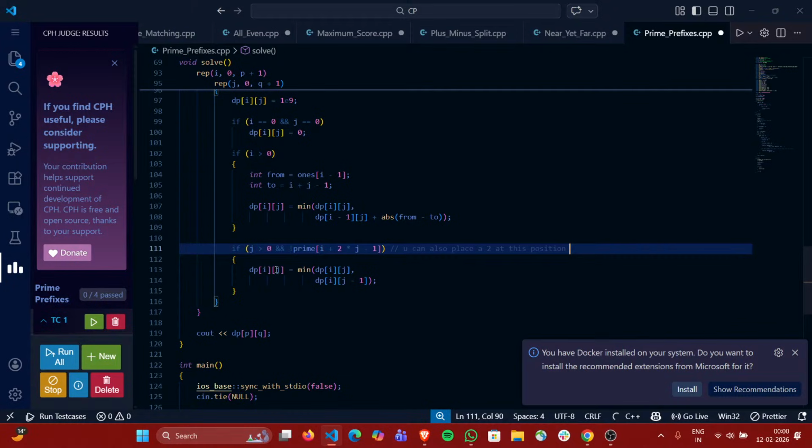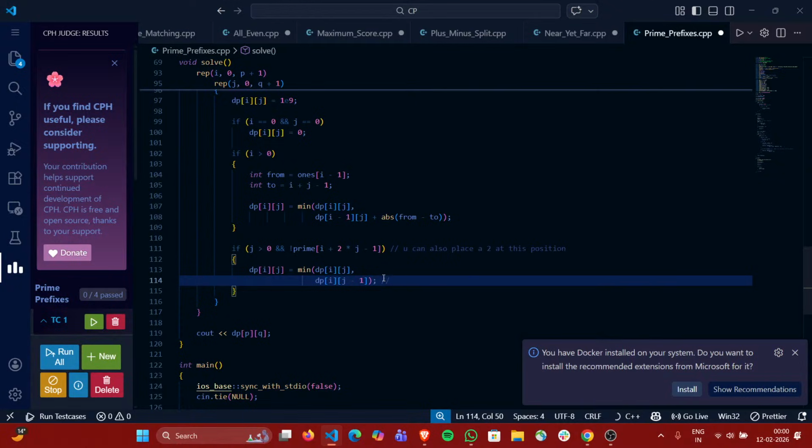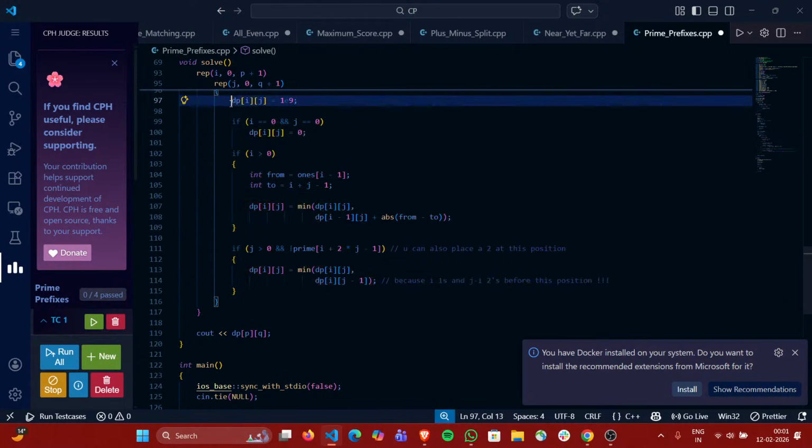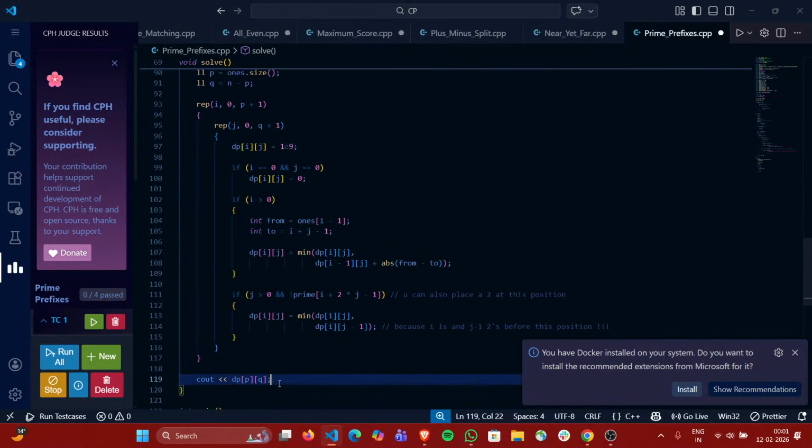So try placing the 2 as well. We will take the minimum of dp[i][j] and dp[i][j-1], because I ones and j minus 1 twos come before this position, right? And finally you get the dp array, and in the end you print dp of p comma q, where